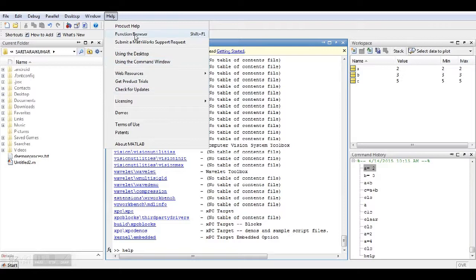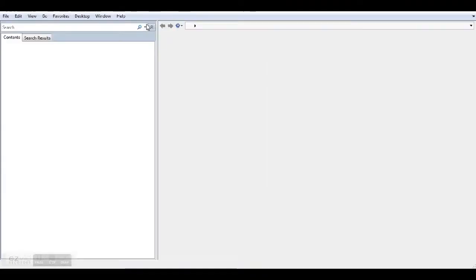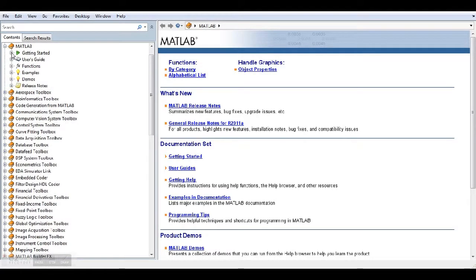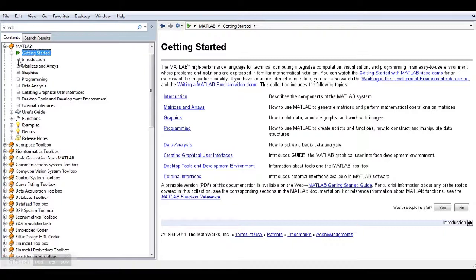Or otherwise we can go directly to the help, where they have given demos and product help, and you will have numerous types of things there.